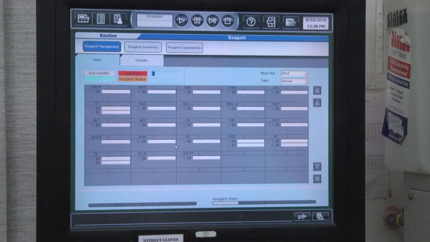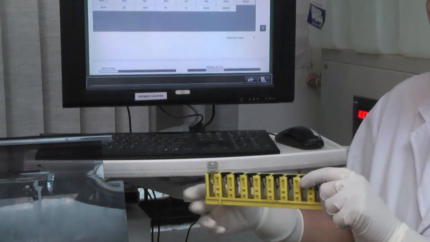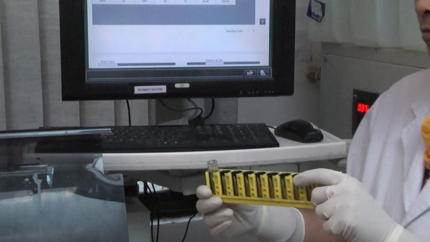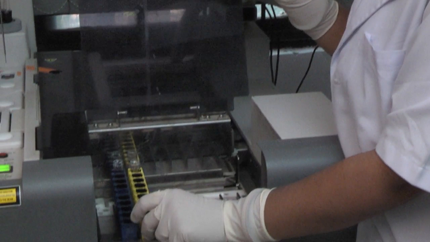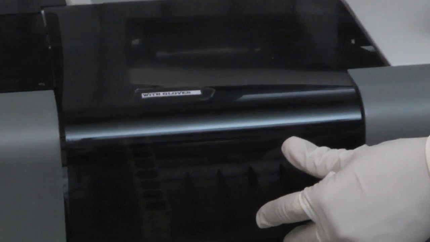It is important to monitor the performance of each lot of reagent, and therefore calibration is required when a new lot of reagent is put into use. The calibrator must be stored as per manufacturer's instruction to maintain its integrity. Multiple pictograms on the vial indicate the storage and handling conditions given by the manufacturer.